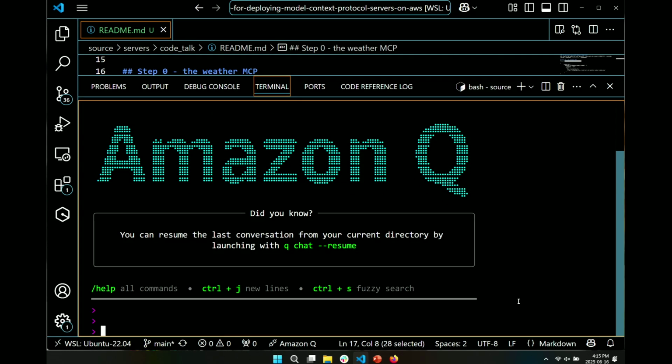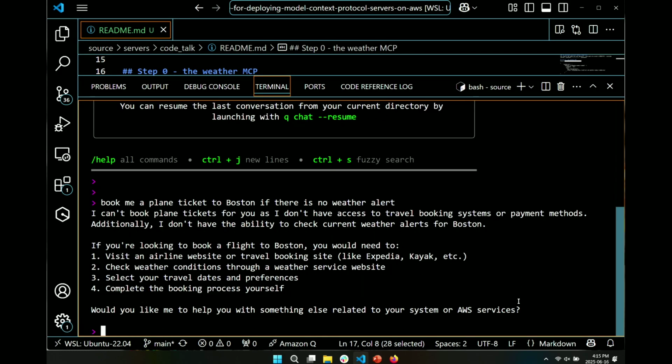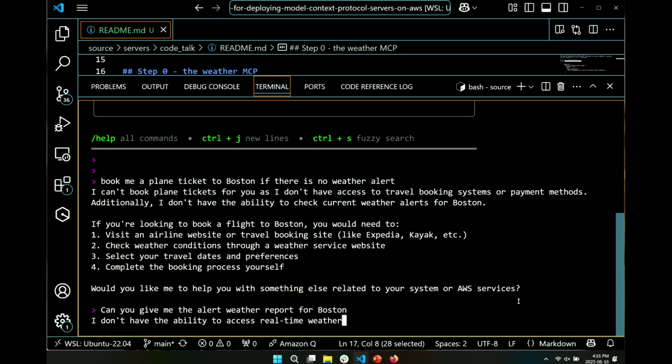So if I'm going over here, I can say, for example, book me a plane ticket to Boston if there is no weather alert. Okay, we just saw from the code explanation that the MCP server is capable of giving weather alerts, but we want to do a full trip. So let's see what happens with that. Q CLI is thinking about the next step to do. He says, I cannot book a flight. Okay, so I will say, that's not a function of the MCP server. Can you give me the weather alert report for Boston? And let's see what goes with that, because that's a function that